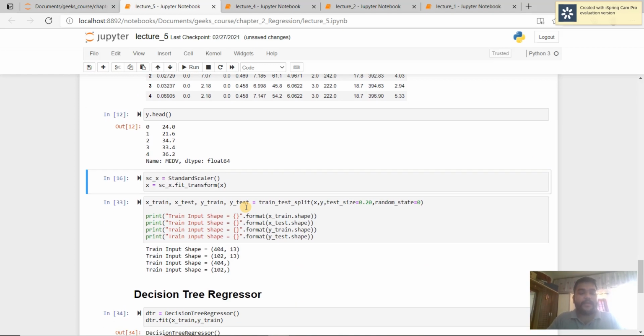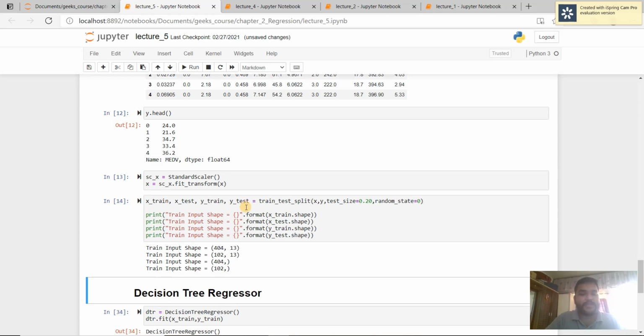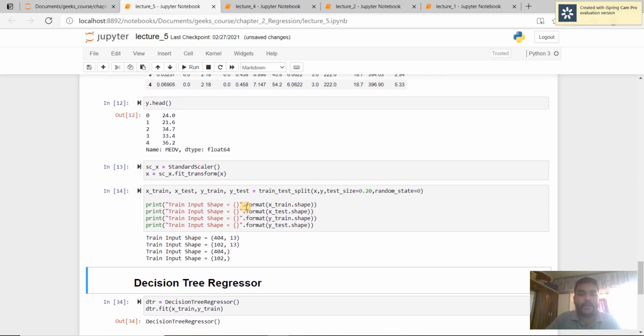Then Y head. Then we perform feature scaling, because in any data the important thing is feature scaling. There is also dimensionality reduction, then StandardScaler, MinMaxScaler. These are some of the preprocessing steps we do for cleaning the data. Here I use StandardScaler, then I split the data into train and test: X_train, X_test, y_train, y_test.